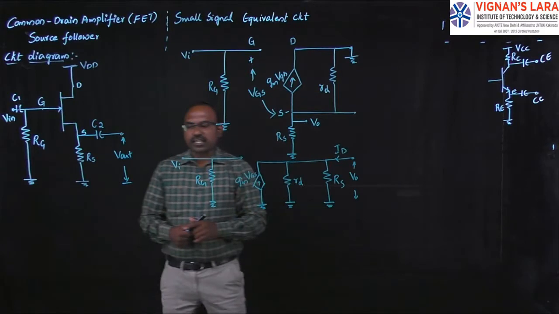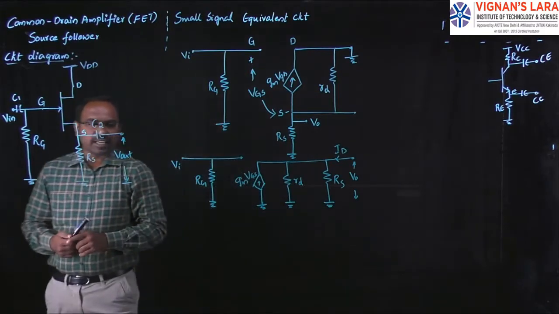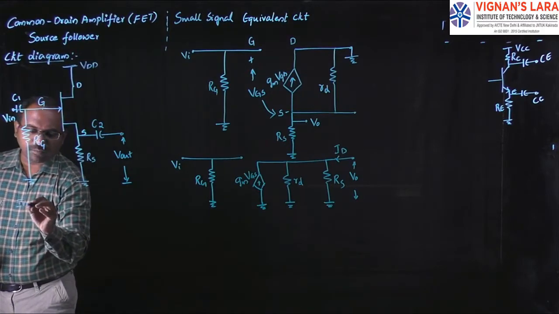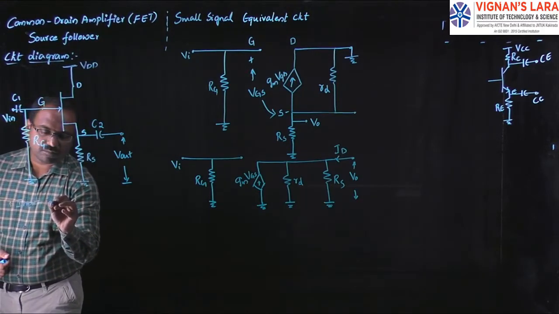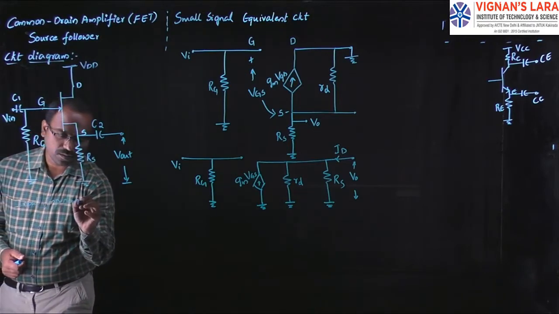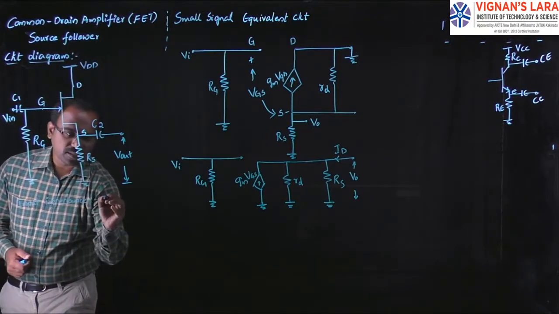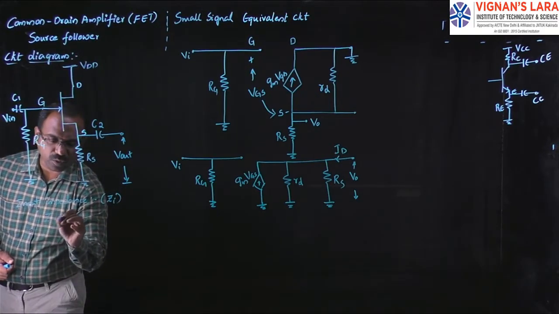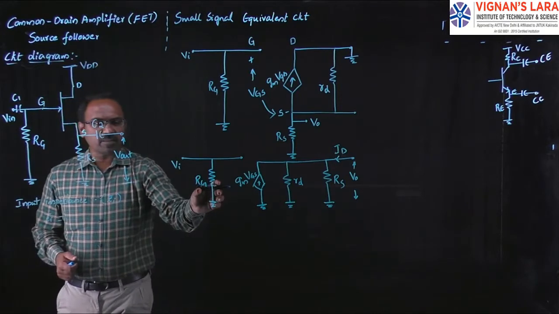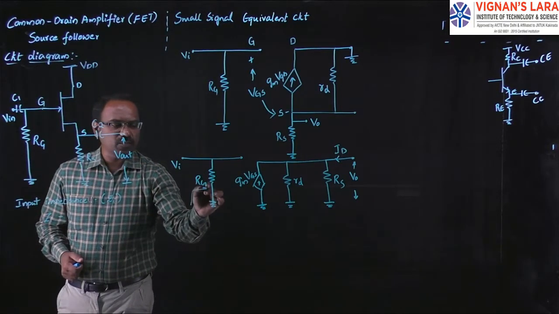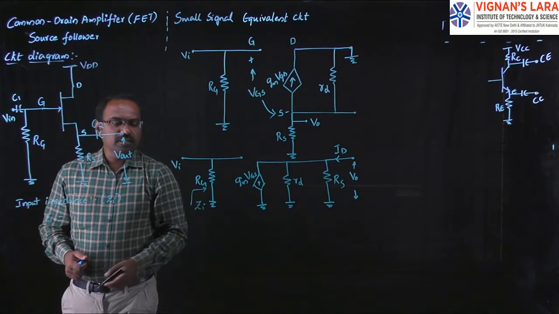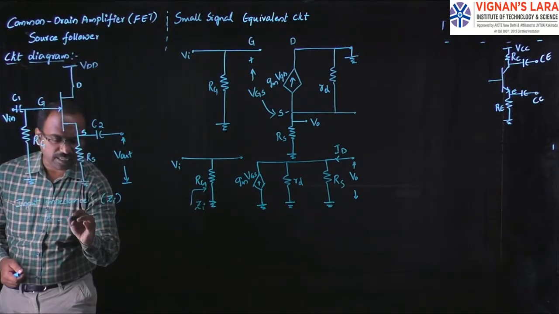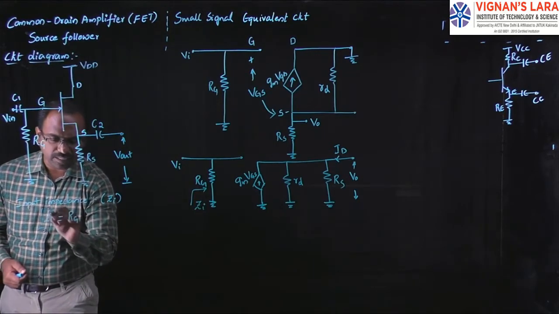So now for this circuit, I am going to calculate the input impedance first. Follow here. Input impedance is generally indicated with Zi. Zi is equal to, what is the input impedance here? I am having only RG. So generally the input impedance is taken across the input terminal. So it is having only RG. So I can write the input impedance is simply RG.